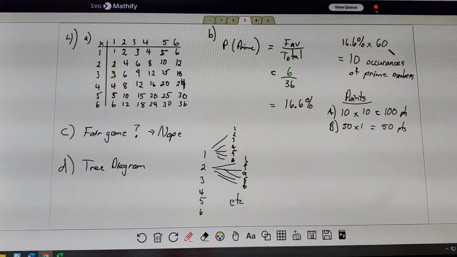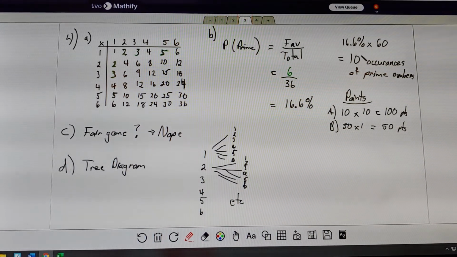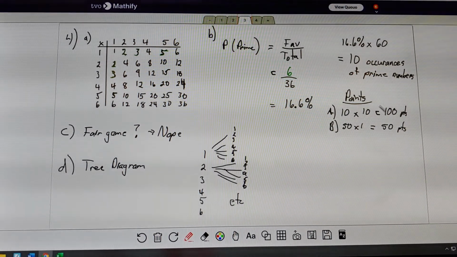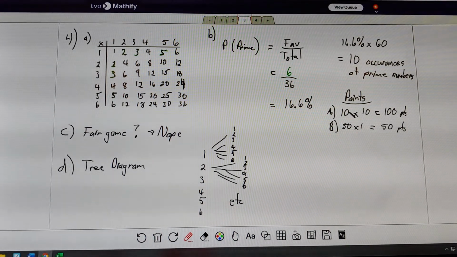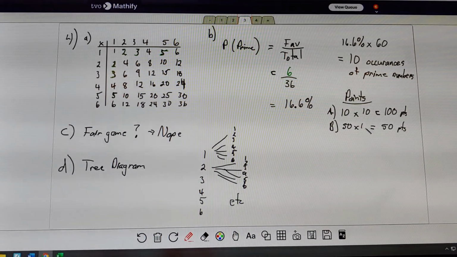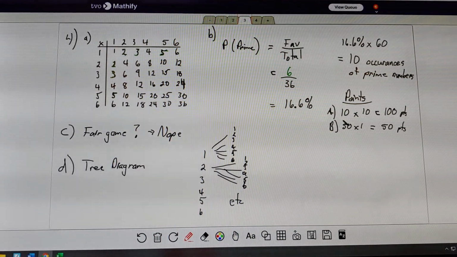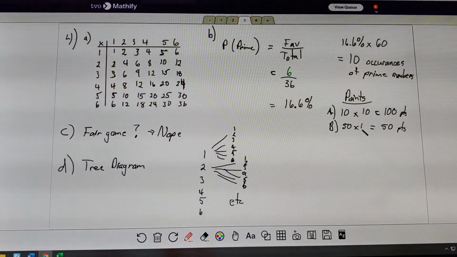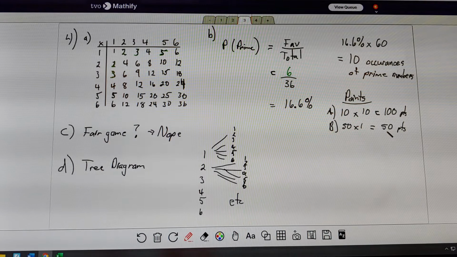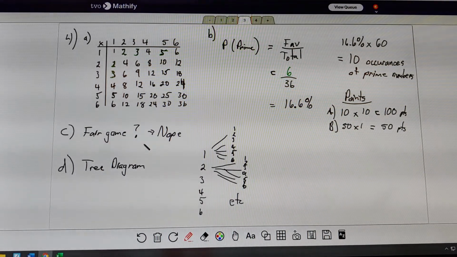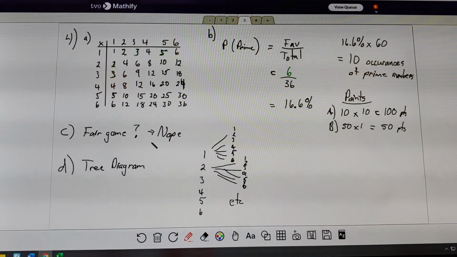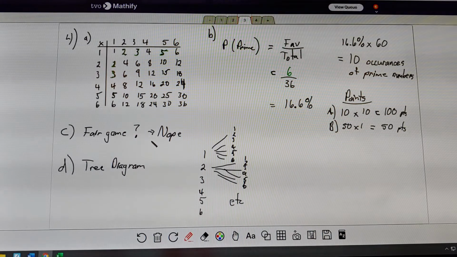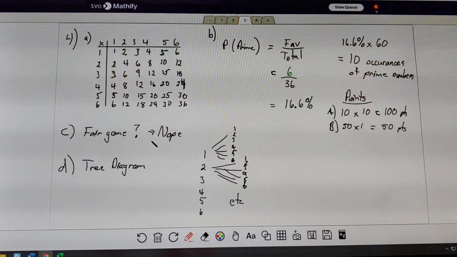So 16.6% chance in 60 rolls tells us that they'd probably get 10 prime numbers coming up. And then the beginning of the question told us that you get 10 points. So they'd be getting 10 points 10 times, 100 points. So if this person's getting 10 of the rolls, then this person's getting 50 of them, but they only get 1 point apiece. So they'd be getting 50 points. So is that fair? Well, no, not really. And that's what part C tells us, or is asking us rather. There's too many points awarded to the person getting the prime numbers, even though they come up very seldomly.